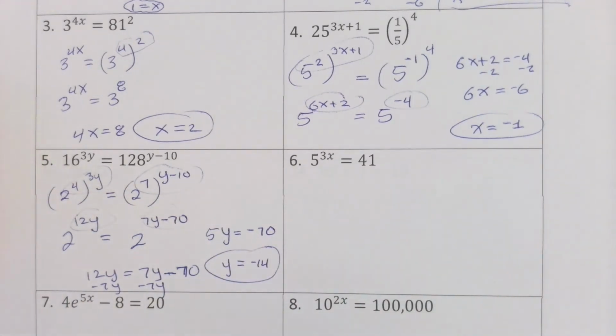Okay, this one's going to slow us down because I don't have a power equal to a power. This is actually going to take a log property unless you have a base 5 logarithm function on your calculator. And I'm going to assume you don't. So my calculator has